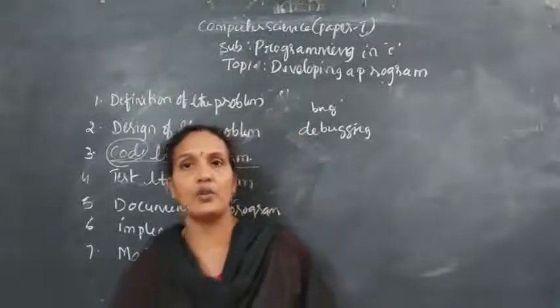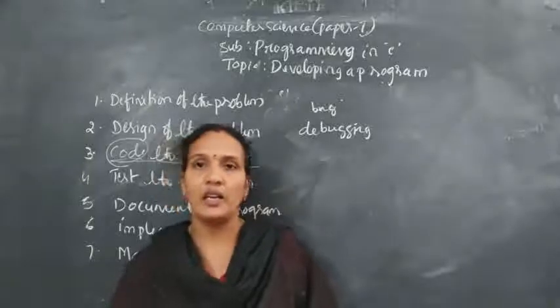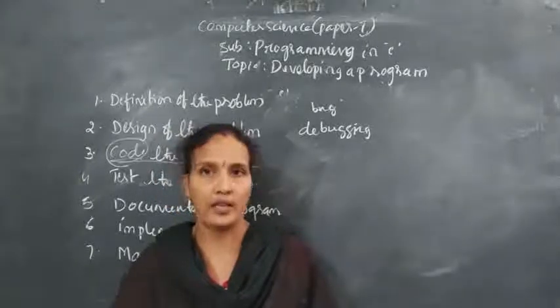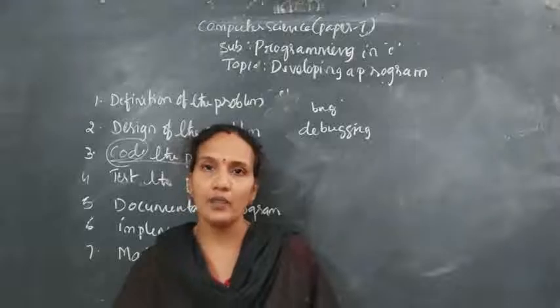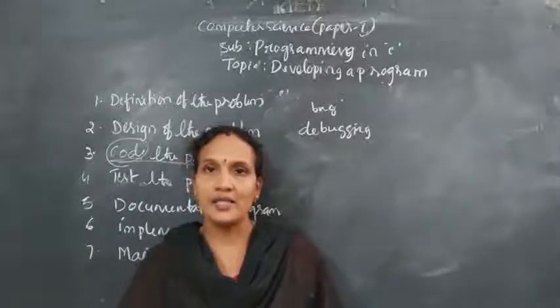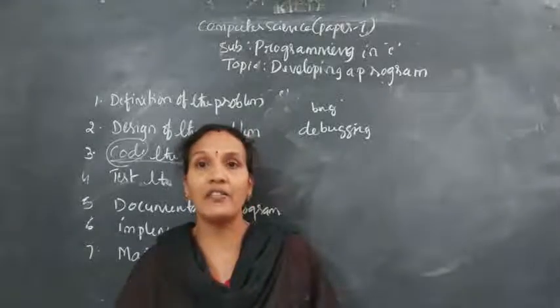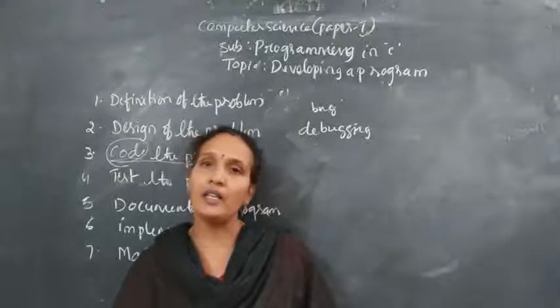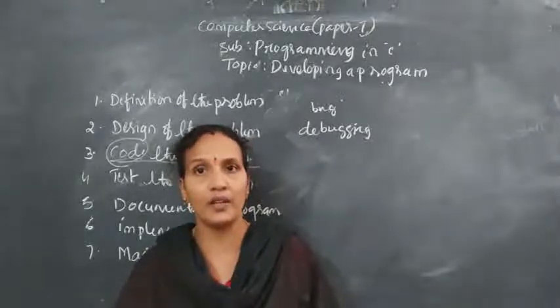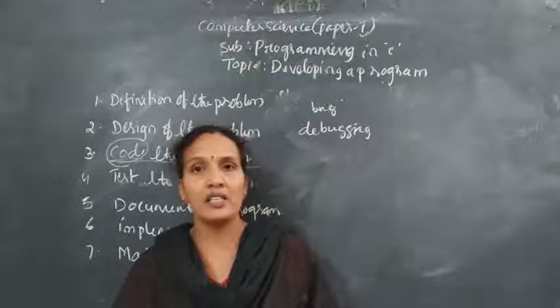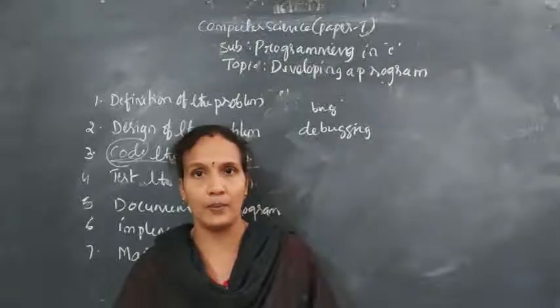Continuous, if the user wants to make any changes in an existing program, the user can make them. That will come under maintenance. Is that clear to all of you? So this is about developing a program. When you are writing even a simple program, you need to follow this procedure. It's very, very important because from the next class onwards, we are going to start programs.